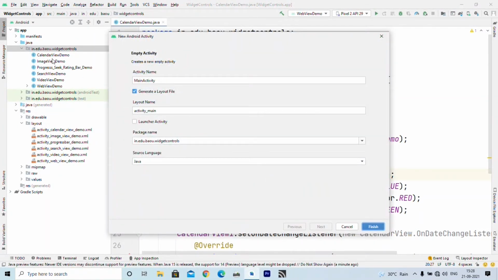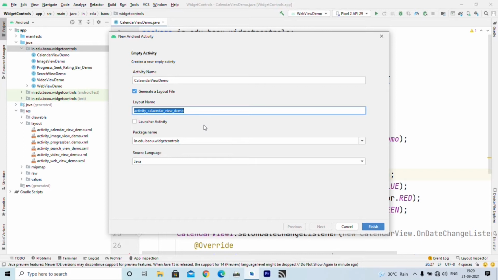For example, how I created this calendar view demo. Here I have to write down calendar view demo, and accordingly it creates my layout name, and then I just have to finish. So both files, the calendar view demo and the layout file for the activity, will be added into the project.